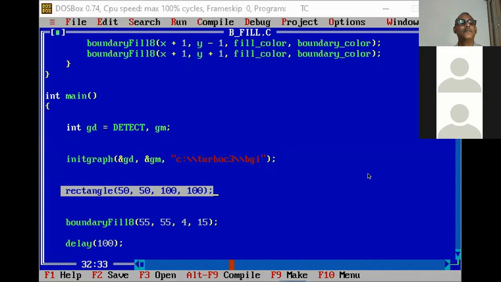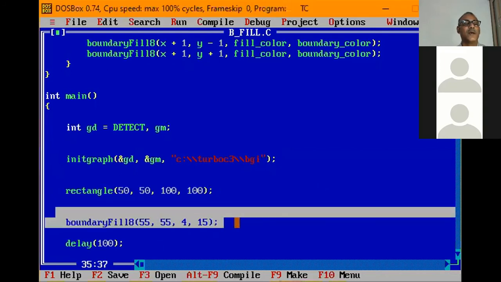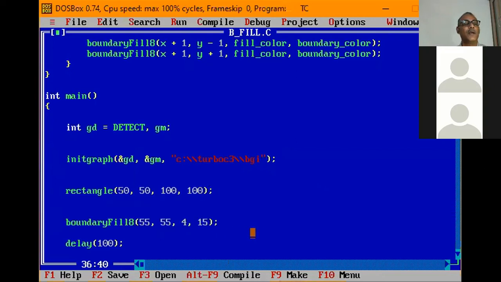Yes, sir. Okay, so this is a rectangle here, and you see the boundary fill is initially called with 55, 55, 4, 15. Of course, this is the initial seed pixel. This is the starting x, y seed point I have to give, right?